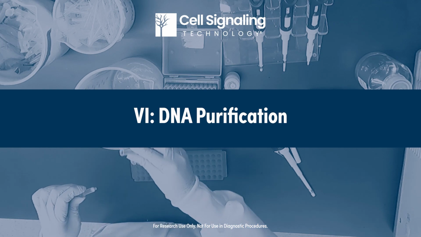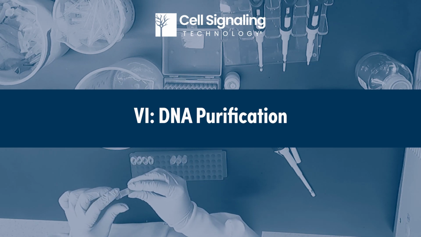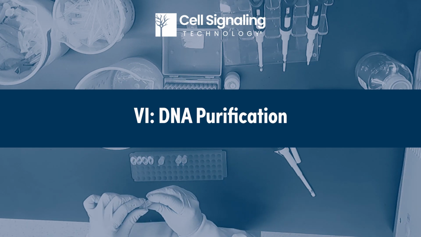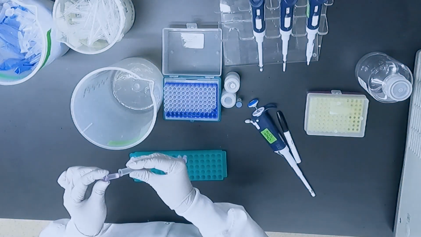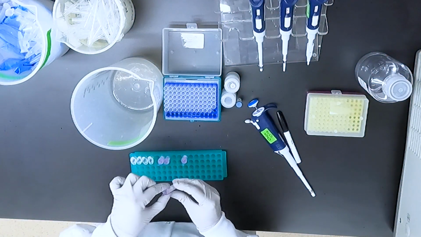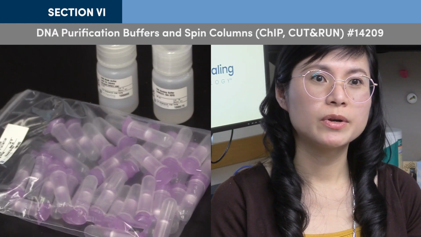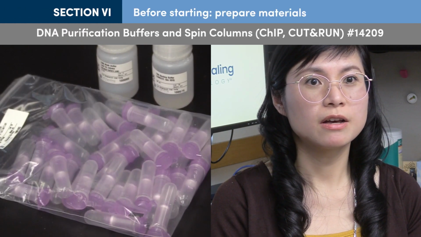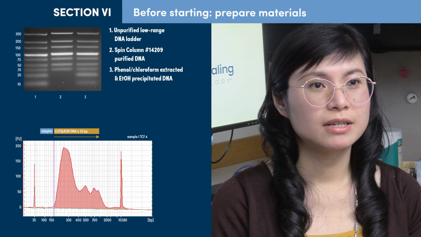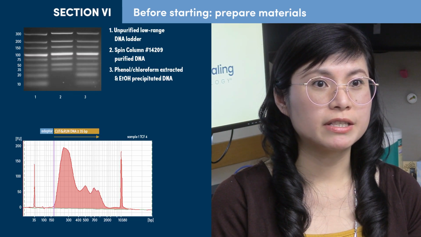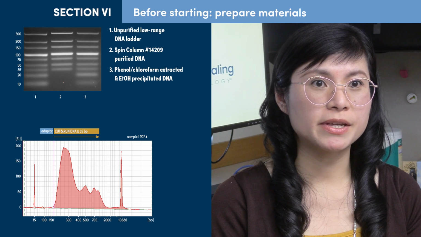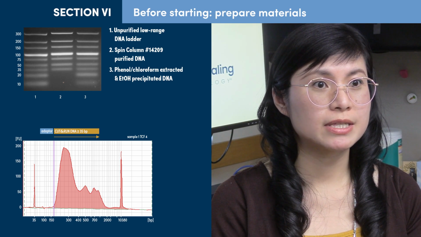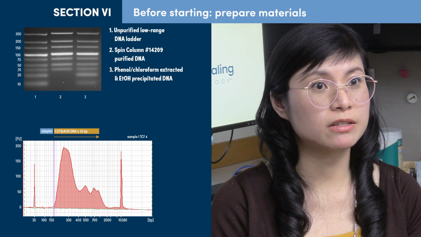In Section 6, Cut and Run DNA fragments are purified prior to subsequent analysis. This section covers DNA purification using spin columns. We recommend using the DNA purification buffers and spin columns for ChIP and Cut and Run. These effectively recover DNA fragments 35 base pairs and up, a size range that accounts for over 98% of Cut and Run